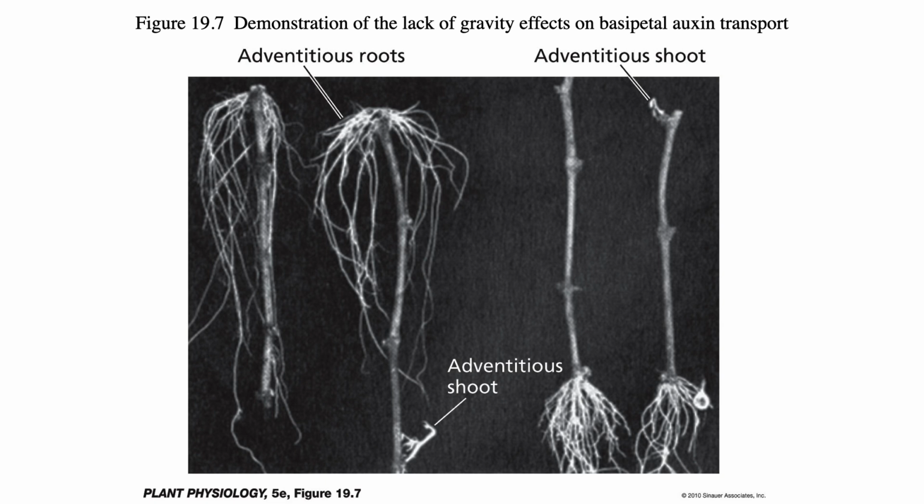Here is another example of this. Auxin can stimulate the formation of roots in woody cuttings. The transport of auxin stimulates adventitious root formation at the base of the woody cutting, whether they are placed upside down or right side up. The two on the left are upside down and the two on the right are right side up, thus showing polar transport from the top down to the bottom.